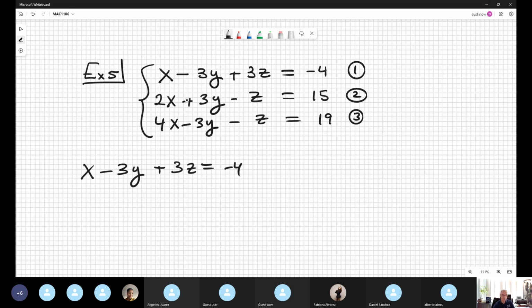Yeah, I see. It's one equation, but it contains 3 variables: x, y, and z. Now, the degree of freedom of this equation alone is 3 minus 1, which is 2. That means 2 is the degree of freedom. This equation